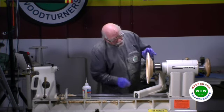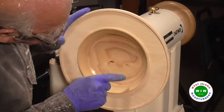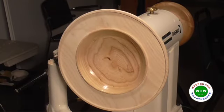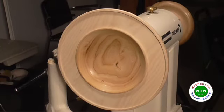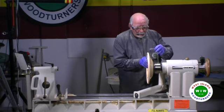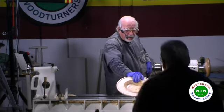I may have to do a bit more sanding, probably at home, because I can see some torn grain, so I'm going to have to remove it. So I'll call it finished for today, at least for the platter. Are you going to glue the snowflake first? Take a look. Pass it on. See what the